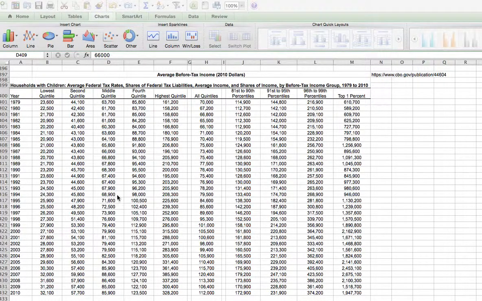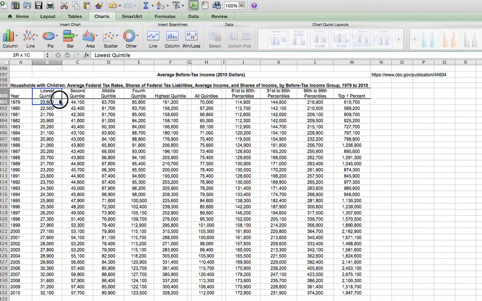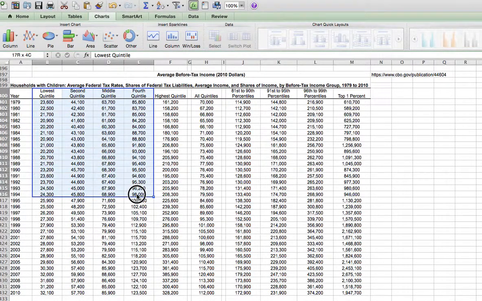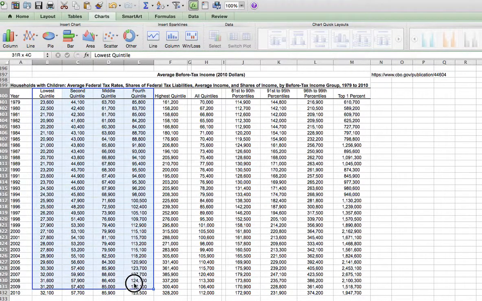So what we're going to do is generate a linear regression of all of these. I'm going to start with the bottom 80% of the population. So the way I'm doing that is I clicked on the top left-hand corner, including the label. I'm holding the mouse button down and then dragging to include all of the numbers that I want, including the